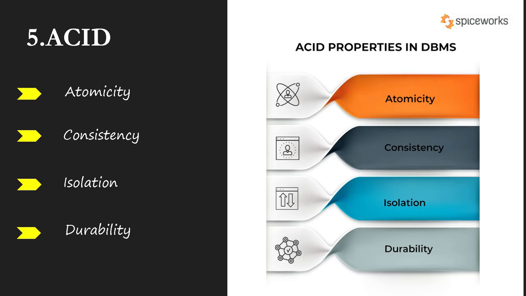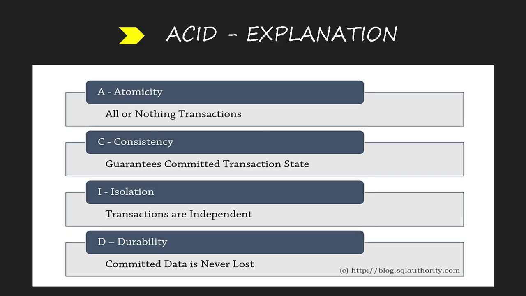Then the ACID principle. Typically it follows ACID properties. ACID means A is atomicity, C is consistency, I is isolation, and D is durability. The explanation of ACID: atomicity means all-or-nothing transactions, consistency guarantees the committed transaction state, isolation means transactions are independent, and durability means committed data is